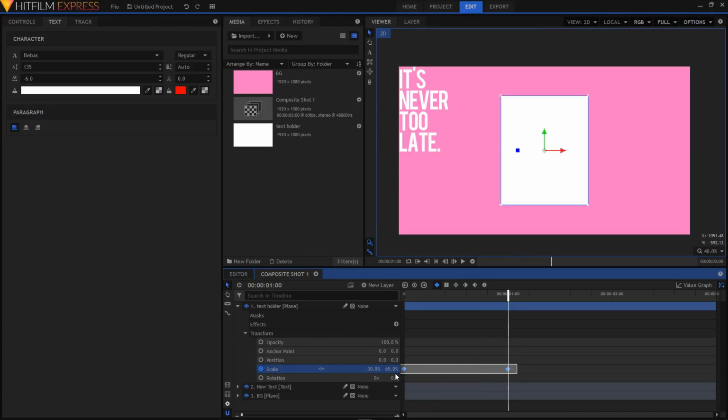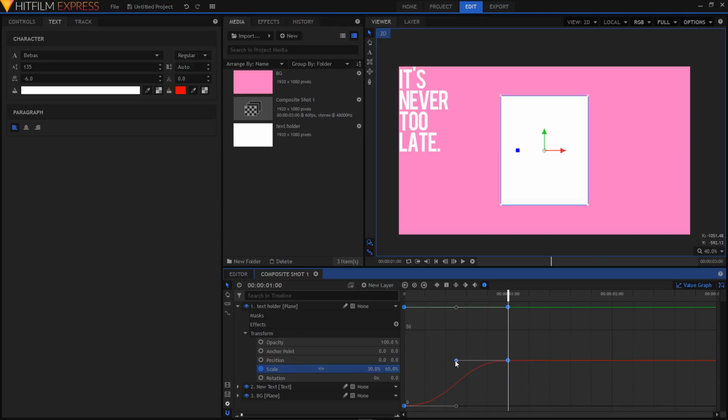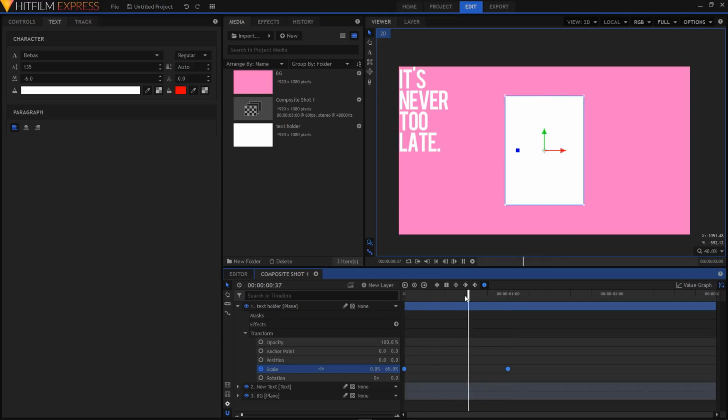I'm going to select these two keyframes, convert these to manual Bezier, then go to value graph. I'm just going to select this handle and drag it to the left like that. I'm just going to select this handle and drag it to the right like that. So you'll have this sort of animation,